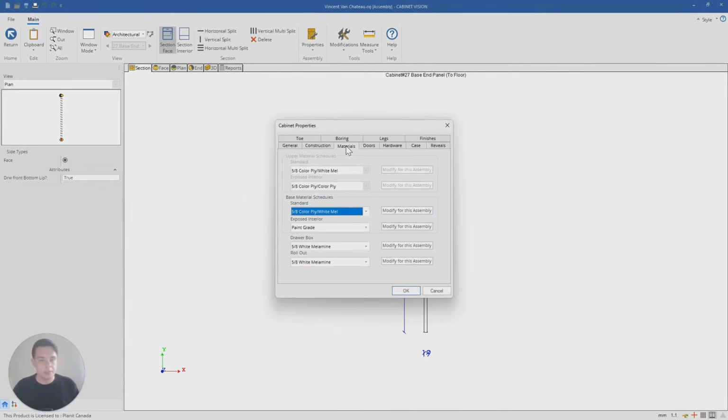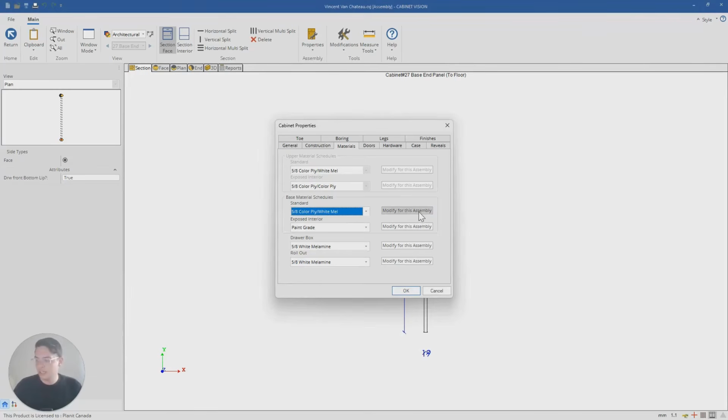In the past, we've been able to do it on the job level in the job properties or on the room level in the room properties. But now we have complete control over all of those different settings in a single assembly as well. So it's much of a muchness in this specific scenario because we could do it both ways.